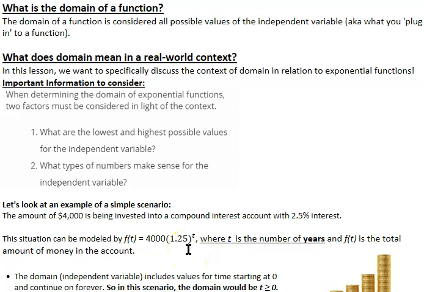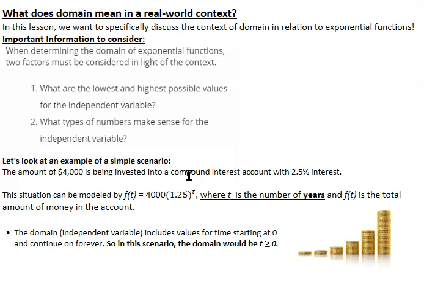What is the domain of a function? The domain of a function is considered all possible values of the independent variable. So to put it in simple terms, it's essentially what you plug into a function and what you're able to plug into a function. So in this lesson, we really want to specifically discuss the context of domain in relation